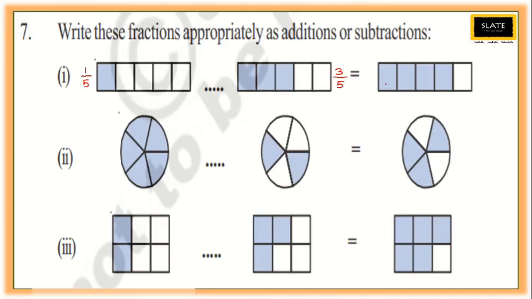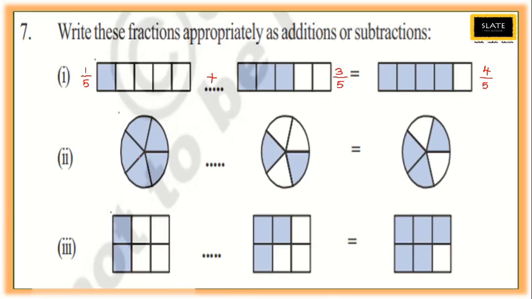Okay, now let's see the result here. Again 1, 2, 3, 4, 5 parts, but how many parts are shaded? 1, 2, 3, 4, 4 out of 5. So result is 4 by 5. You can see the denominators, they are all like fractions. So 1, 3 it is given, we should get answer 4. So what we need to write here, plus or minus? Yes, we need to write plus. So 1 by 5 plus 3 by 5 equals 4 by 5. Clear everyone? Here 1 by 5, this is 3 by 5. So when you add, you get 4 by 5.